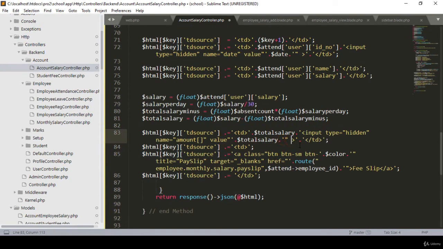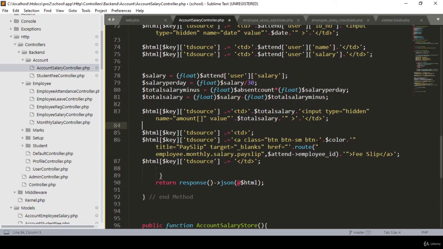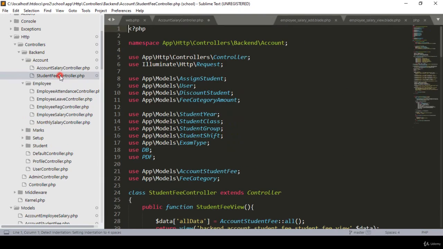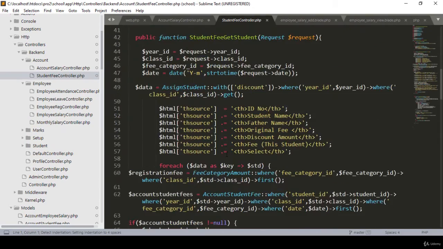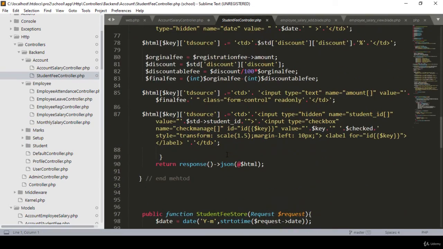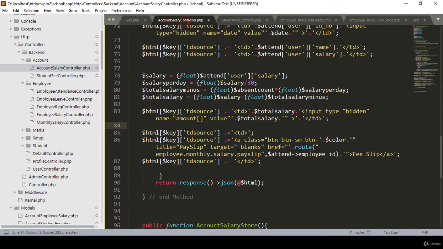Then I finish it here. That is this input field, and then we close the TD. Perfect. And our last one will be just like our previous one, so better I copy those things from our previous one in our student fee controller. Here I have done this work, right? I copy that total things to this position, and then in our account salary